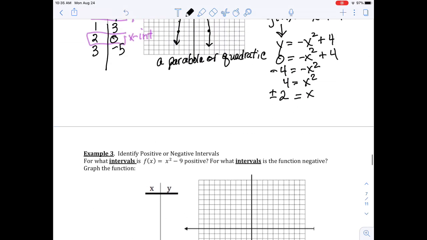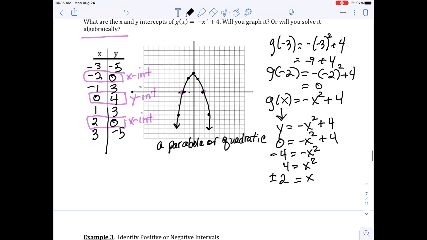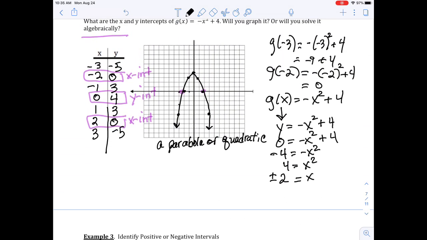So above or below the x-axis. And so if we go back even to this graph, hopefully you can see that a part of that parabola is sitting above the x-axis, and the other parts are sitting below the x-axis,